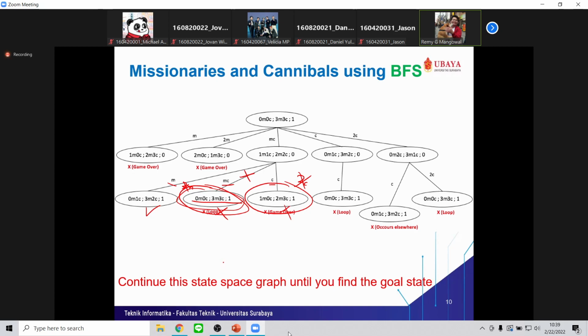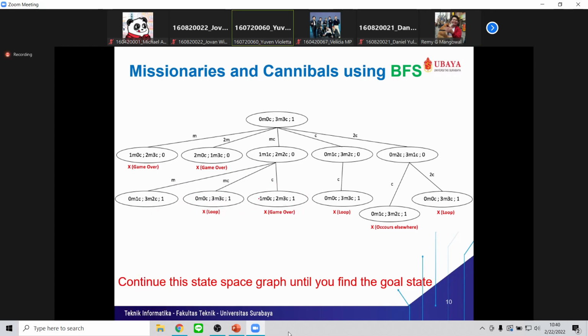Other questions? Sorry, sir, I want to ask. So we need to write false examples like MC and C, but we don't need to write the 2C, 2M, right? You don't need to write it, because it's not possible.